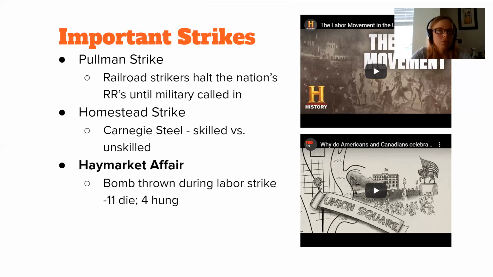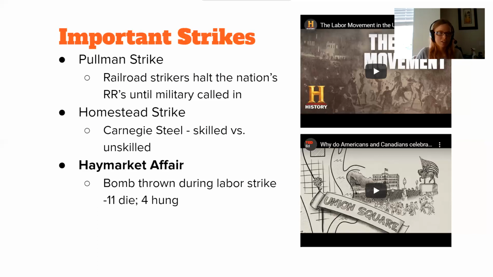And the workers at the Pullman factory, like in many factories, they were required to live in the company town that was located right next to the factory. And they were required to buy their groceries at the company grocery store and do all of their business at the stuff that was owned by Mr. Pullman, the wealthy businessman, industrialist, the robber baron there. Well, obviously the workers did not like this situation because he had jacked up the prices on everything in all of the company-owned stores. The rent for their tiny, crowded little tenement apartments was outrageous. The price of the groceries at the Pullman grocery store was ridiculous.